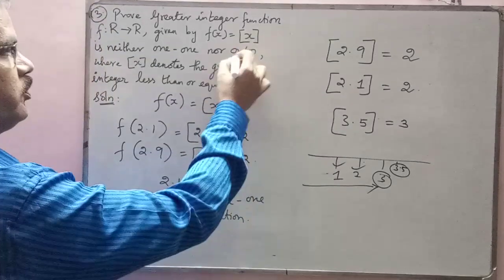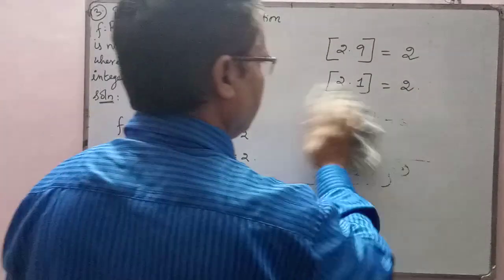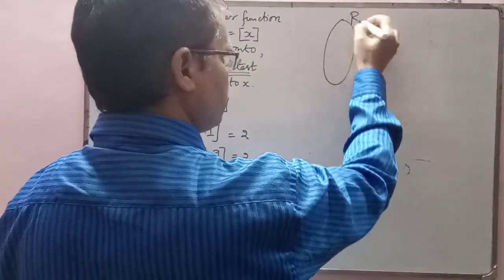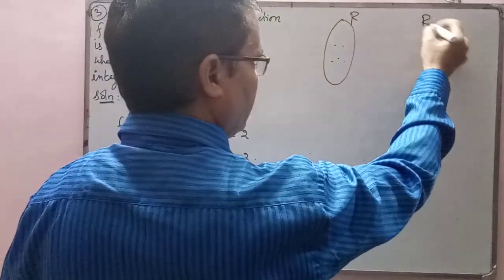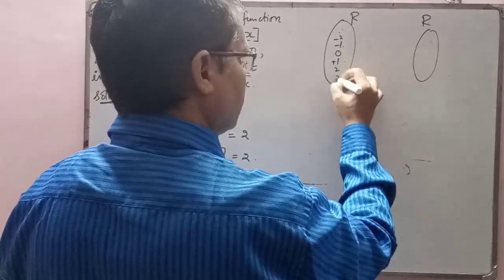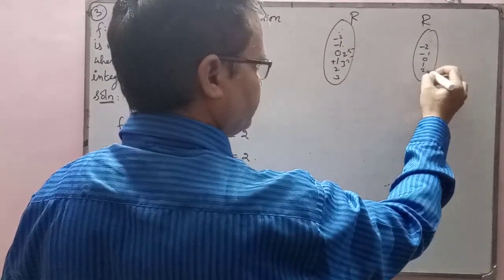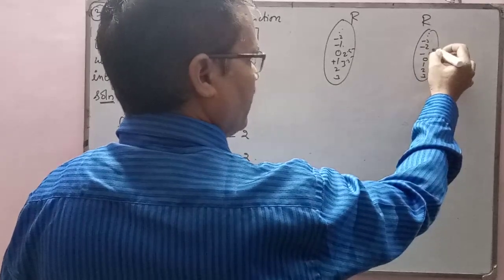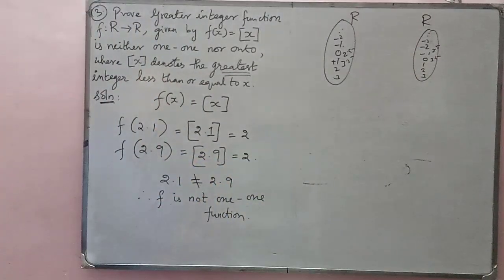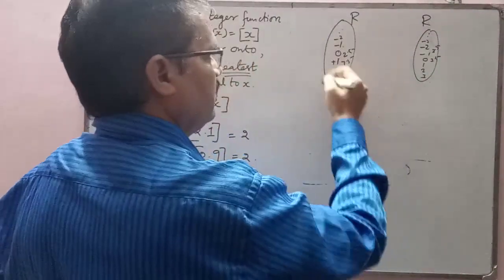Okay, children. Next we have to prove it is not onto. The question says very clearly it is neither 1 to 1 nor onto, so we have to prove that. Real numbers to real numbers. We know real numbers is a huge set which has all the numbers, right? For example 0, -1, -2, +1, +2, and decimal numbers 2.5, 3.5, something like that. The same is the case with your codomain. If you have seen my previous videos, you would have come to know the mapping; I have explained it in the previous sums.